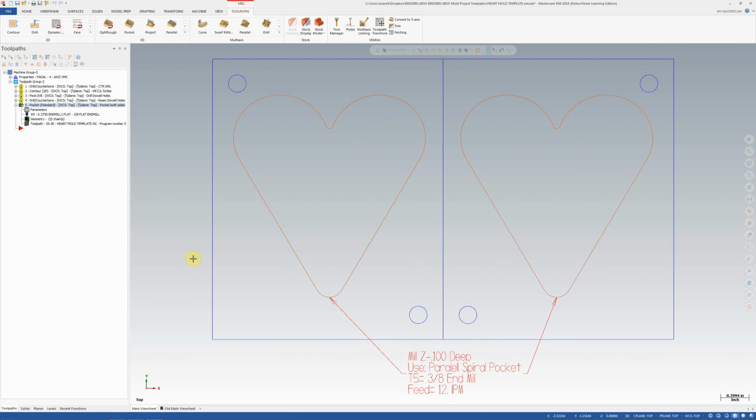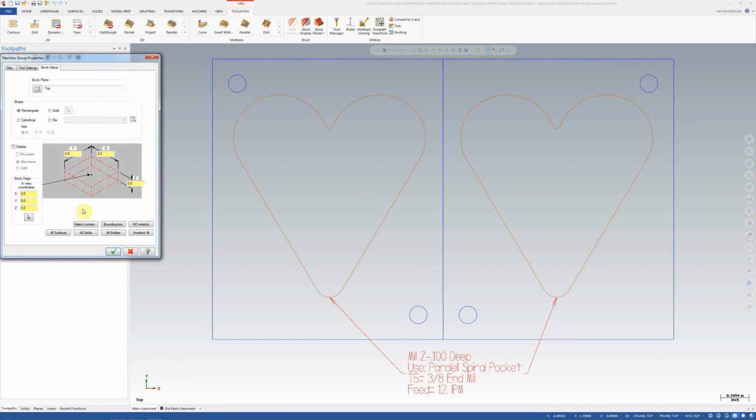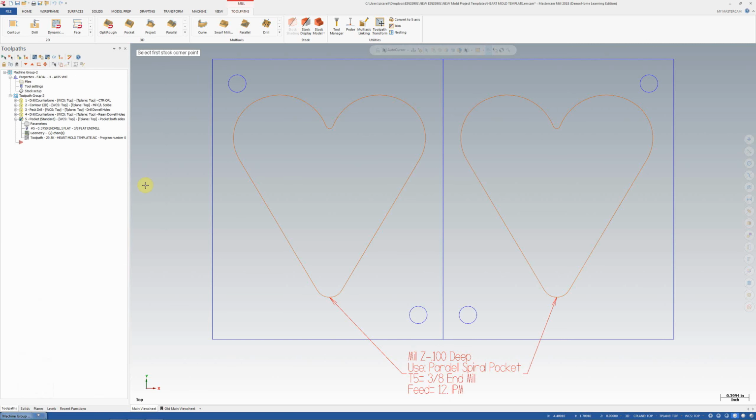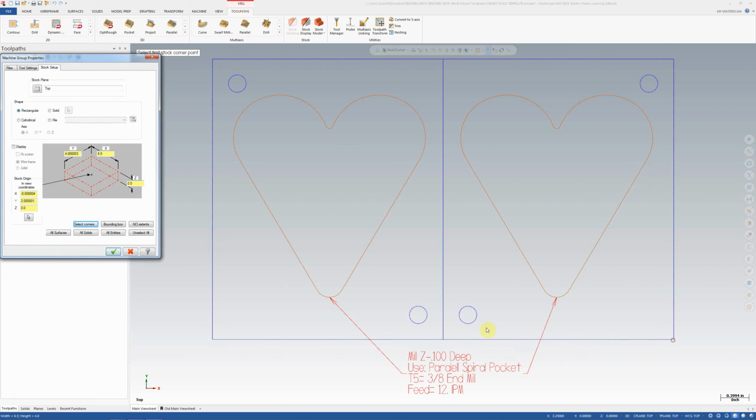So the next thing we want to do is verify what this looks like. So we need to make sure that our stock is set up properly so that we can use the verify function. So we're going to expand the properties menu here by clicking the plus sign, and we're going to click on the stock setup. We're going to pick select corners. We're going to pick the upper left hand corner and the lower right hand corner of our mold plate, and we're going to enter in the Z value here of 0.375, and that will give us the thickness of the